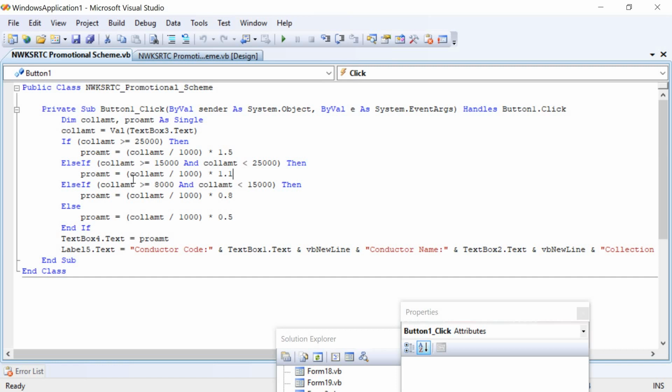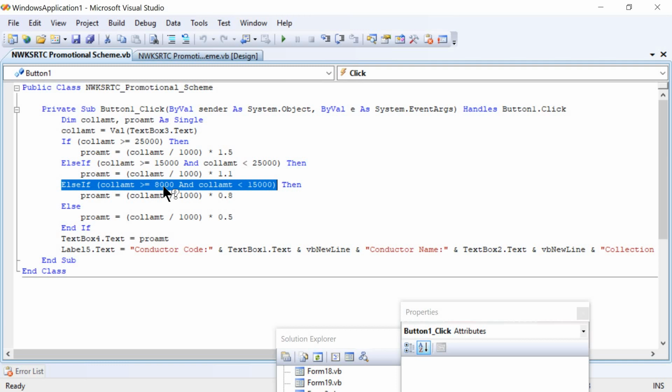Right. Next, regarding the third condition, that is below 15,000. Coming to the third condition, else if collection amount is greater than or equal to 8,000, that is equal to 8,000, above 8,000 and below 15,000 will come under this particular parameter.